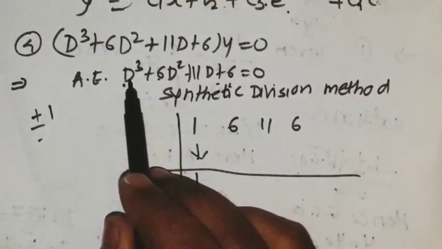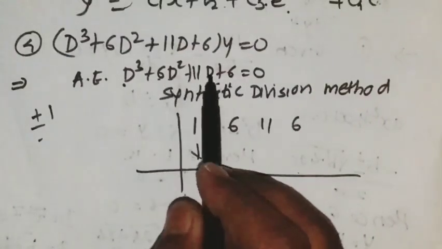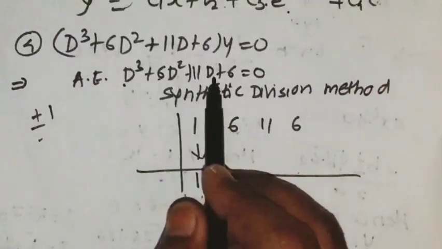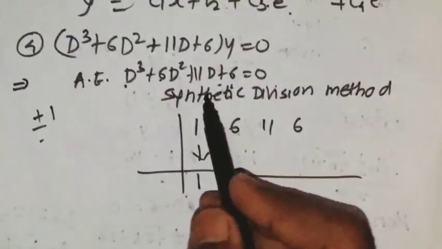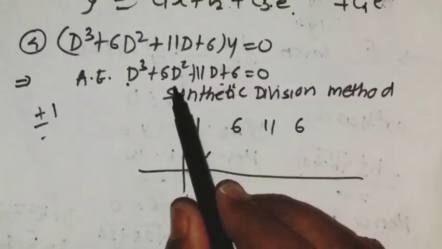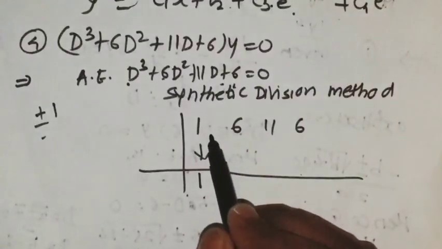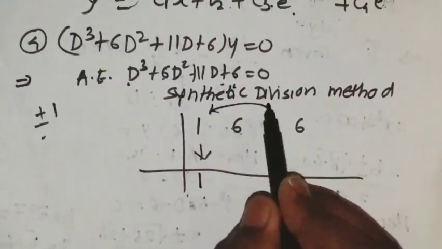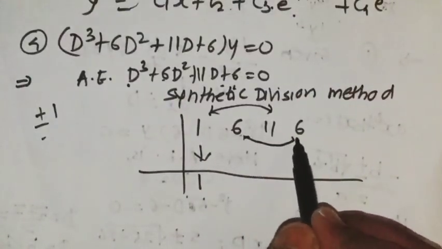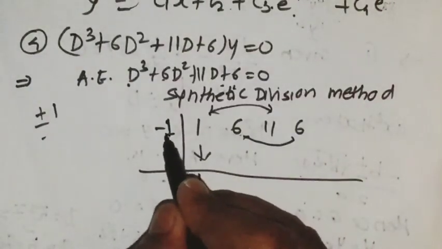If we put minus 1 here, we'll get minus 1, here we'll get 6, here we'll get minus 11, here we'll get plus 6. 6 plus 6 is 12, minus 12 is 0. Or another way to check whether minus 1 is a root: whenever the sums of the alternate coefficients are the same, minus 1 is always a root of that polynomial. You can see that the sum of the alternate coefficients 1 and 11 is 12. Again, for these alternate coefficients, their sum is also 12, hence surely minus 1 is one root. So I am starting with minus 1.